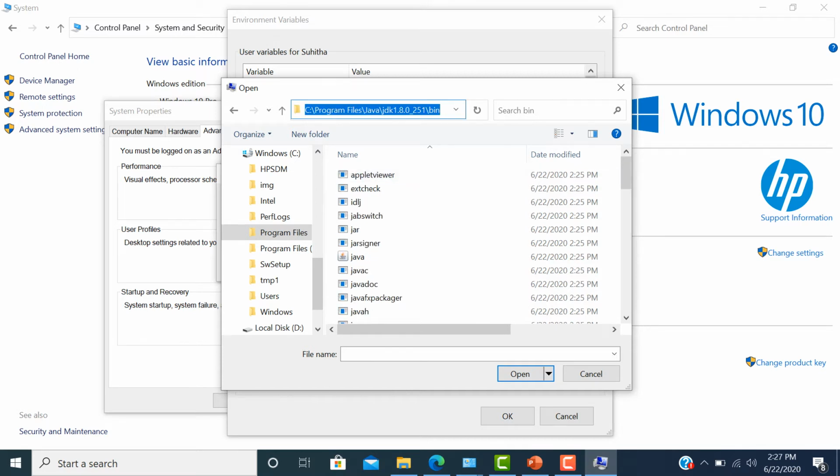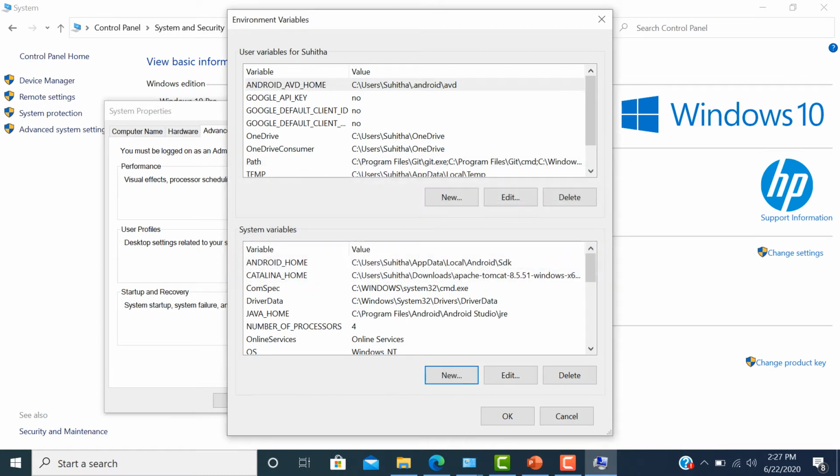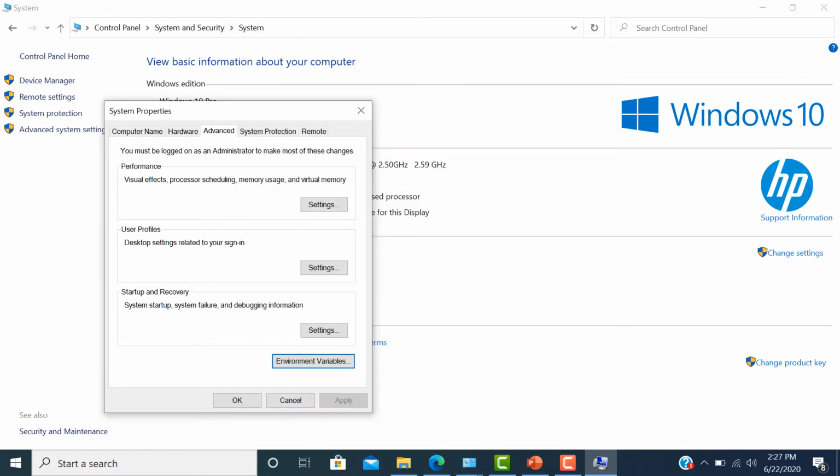Copy this, or you can click on open, or better you can copy this. Copy this one and then just paste it here. Just click on OK, OK, and OK.